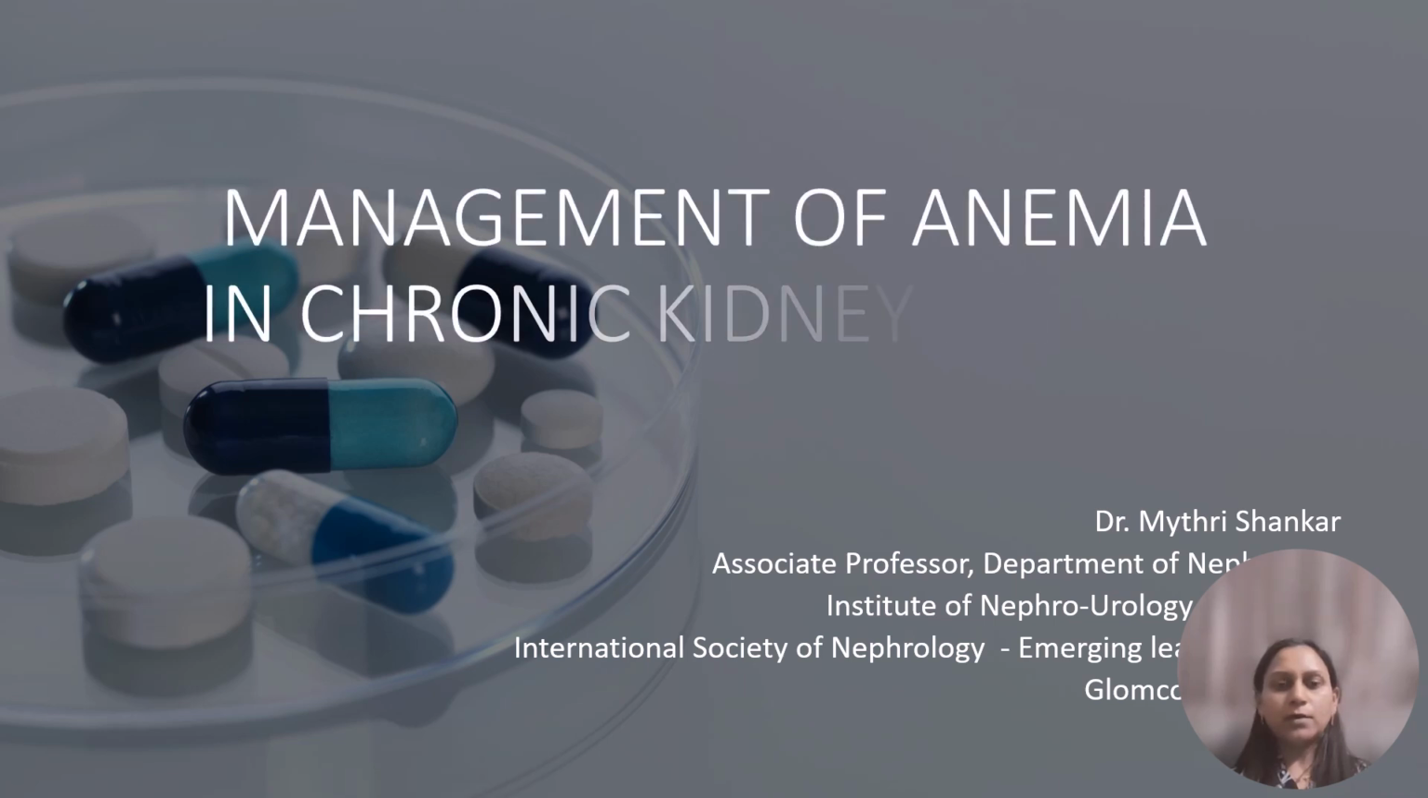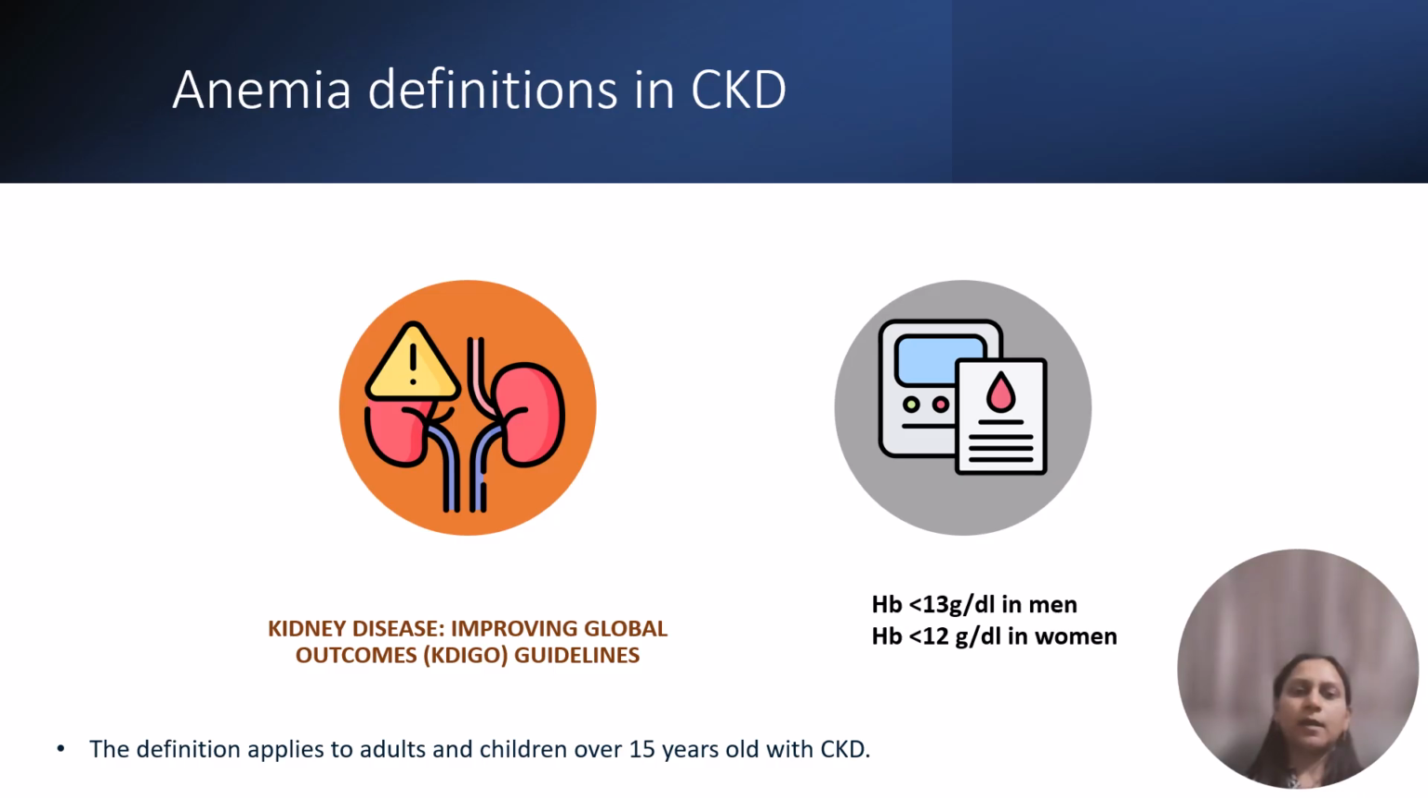Hello everyone. So today I'll be talking about management of anemia in chronic kidney disease. In CKD patients, anemia is defined using the KDIGO guidelines, that is the Kidney Disease: Improving Global Outcomes guidelines, according to which hemoglobin of less than 13 grams per deciliter in men and hemoglobin of less than 12 grams per deciliter in premenopausal women is defined as anemia, and this definition applies to adults and children beyond 15 years